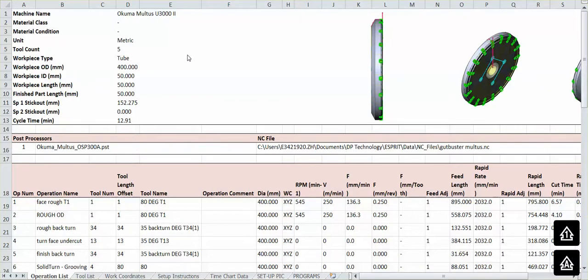Okay, gentlemen, this is our setup sheet that comes off of Esprit for our Multus and our operations. As you can tell, it denotes the machine, the material class, if denoted. We don't actually do that much because we use two materials, but it's there. Material condition, what units we're working in, how many tools are used, what's the workpiece type, meaning tube, bar, casting stock, workpiece OD, ID, length, finished part length,